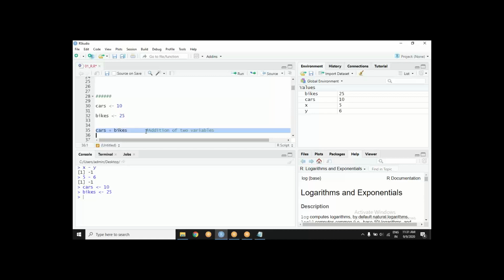I'm worried about this: my boss is asking me how much revenue we are having today, how many vehicles have come today. So it is cars plus bikes. Now pay attention. Tomorrow, not maybe tomorrow, this data will change every few minutes. Yes or no? It is a parking lot. So every 10-20 minutes, some vehicle will leave, some vehicle will enter, and this data will keep on changing. However, my code doesn't have to change.